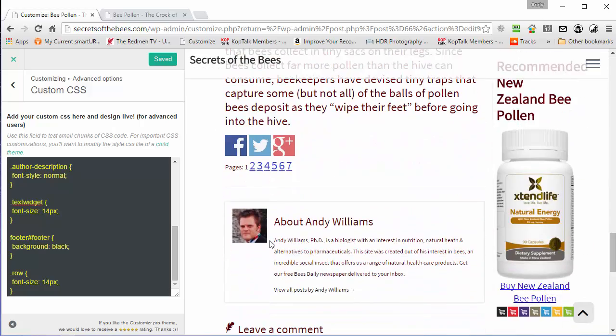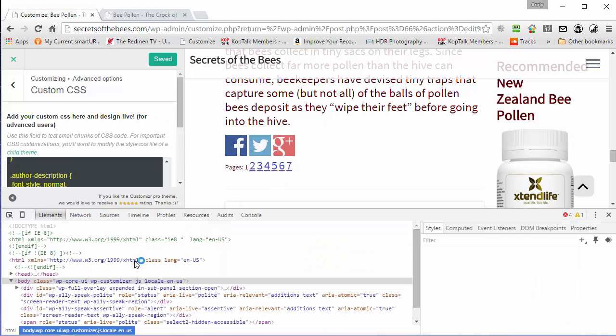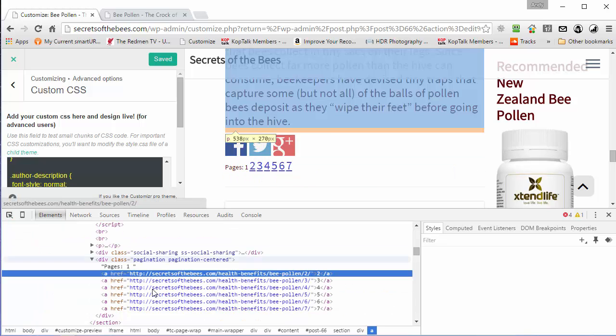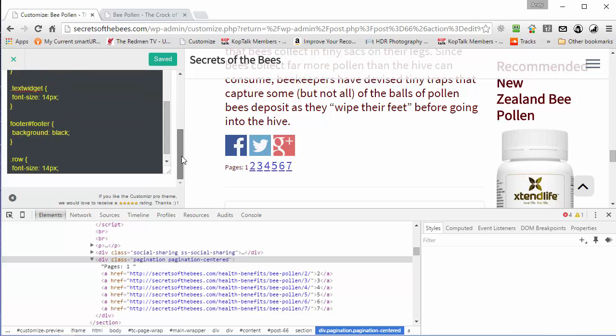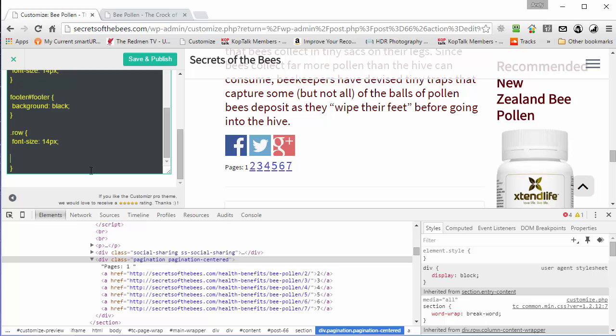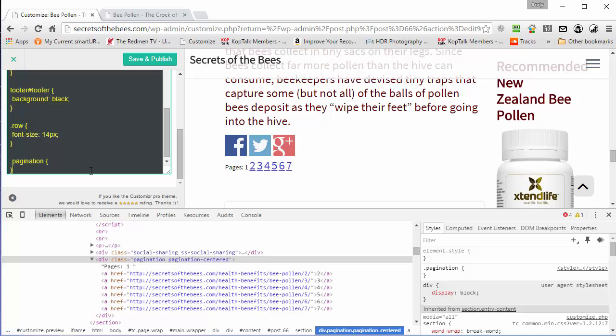Okay, so I'm going to press F12, I'm in Google Chrome, and that brings up this inspector, and I can click on the little button there and then click onto one of these numbers, and I can see that this is part of a class called pagination. So what I'm going to do is add a full stop. Whoops, I've just broken up another class. Full stop and pagination, and then open curly brackets, close curly brackets, and then inside that